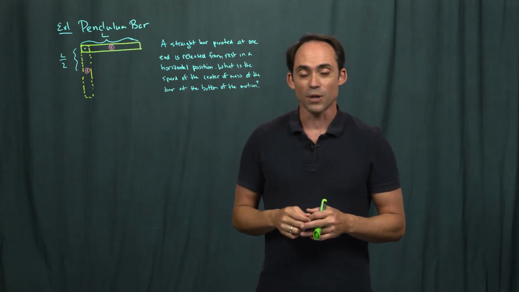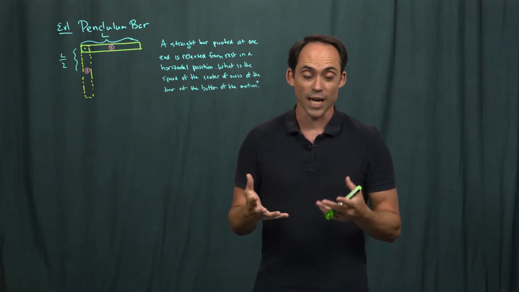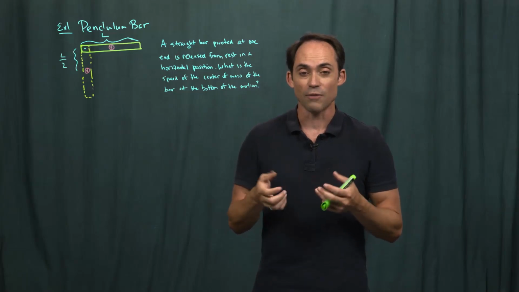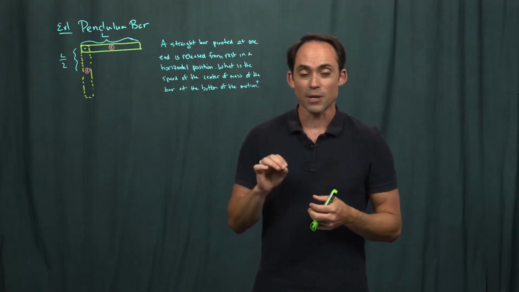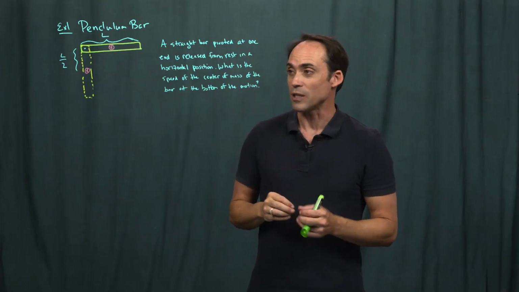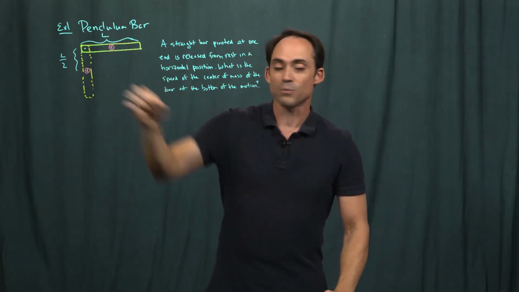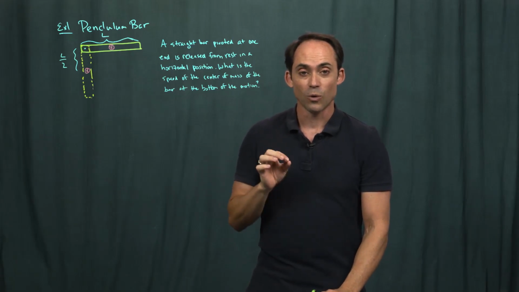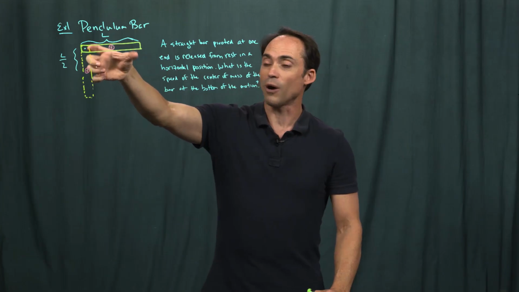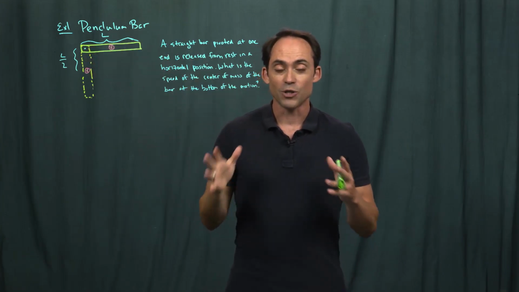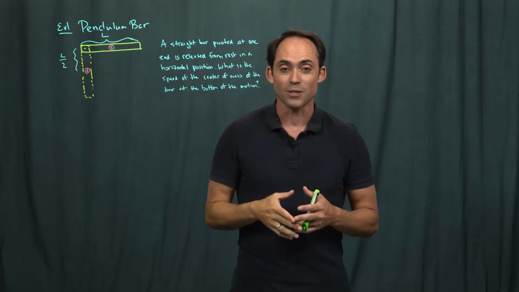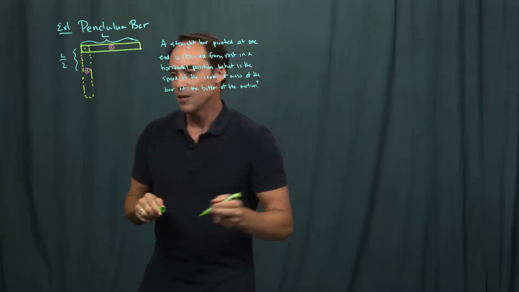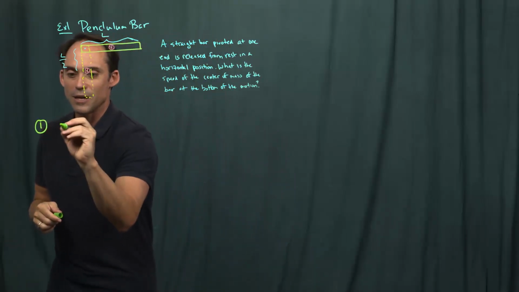So let's see how this applies for the case where we have to take into account the actual rotational motion, the rotational energy of the spinning bar itself. Now, as I mentioned, there are two ways that we can look at this motion. Either the translation of this bar and its rotation about the center of mass, which is the approach we've taken so far, or we can look at it as just a rotation of this bar about the pivot point. Now, we should get the same answer in both cases because it's the same motion, but let's see how we actually compute that. So the first case I'm going to look at is the rotation